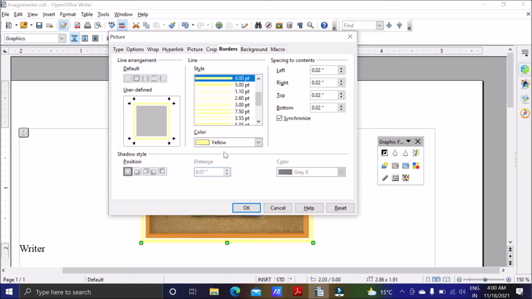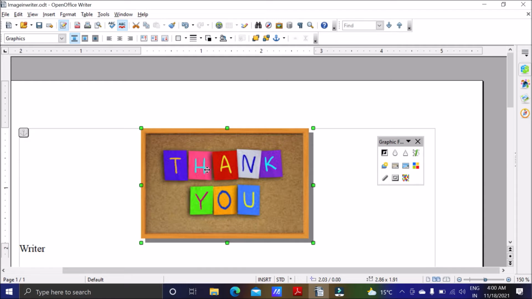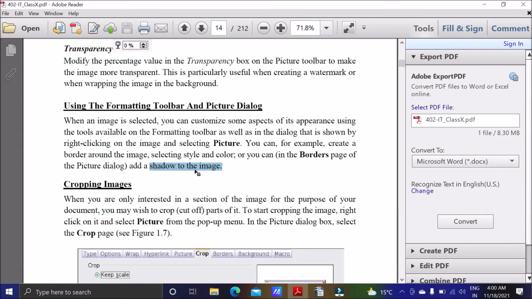So right click and then picture, or you can put a shadow effect also. Suppose white, and then here none, I am putting color gray. Suppose you can make it a shadow also. This is the shadow effect that we can put. So these things also we can do. We can give shadow to the image. We can put borders with different colors to the image. That also we can do.